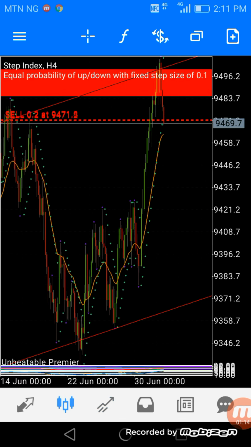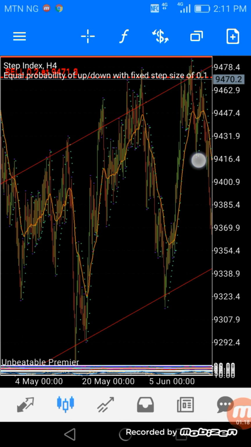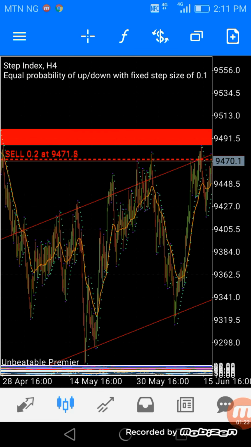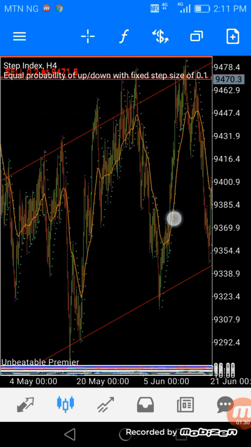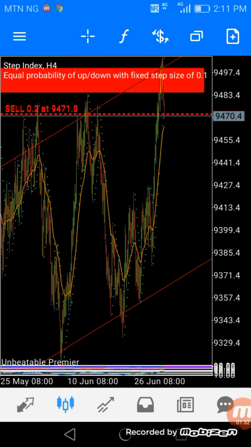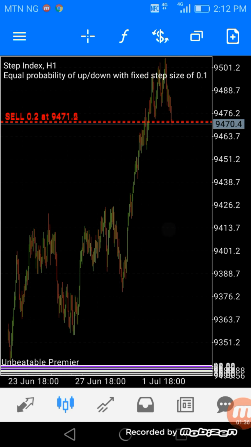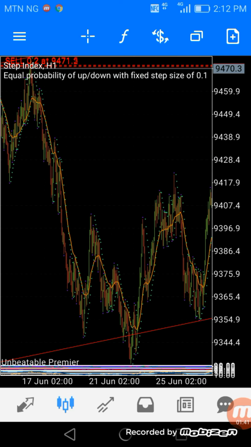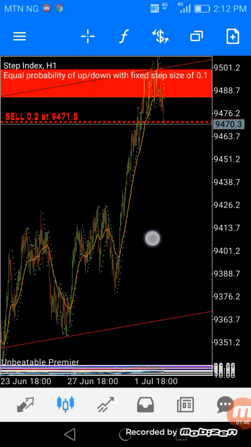But don't forget that we picked our signal from the daily time frame. This is the 4 hour time frame now, and as you can see, these trend lines are being respected, and even the rectangle, which shows the level, the zone where price has been rejected over time. This is the 1 hour time frame as well. It's a very big market, and we can see that. So it's just for you to stick to my teachings, to my instructions, and you will see yourself trading these pairs